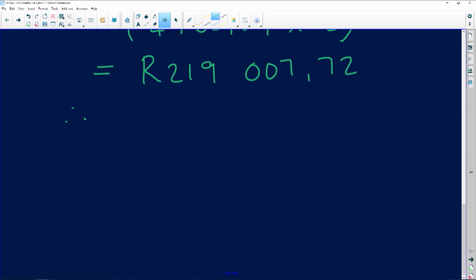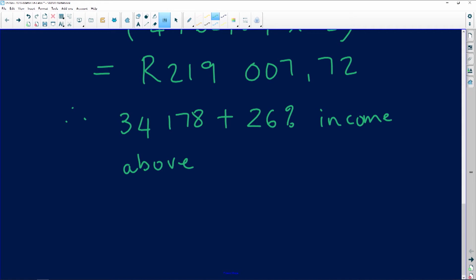So the formula is going to be 34,178 plus 26% of taxable income above, 26% of income above, let me write it the way they've written it, of income above